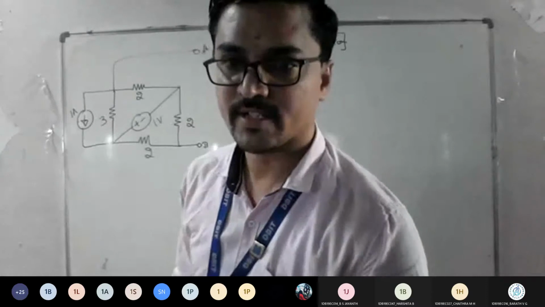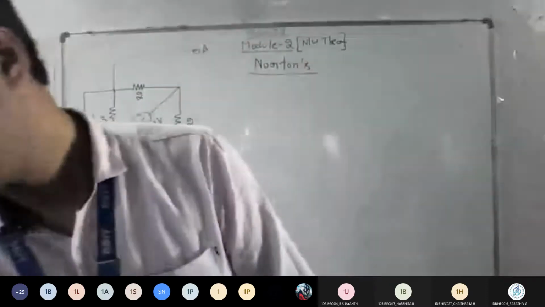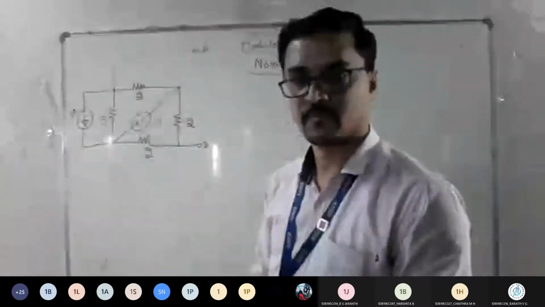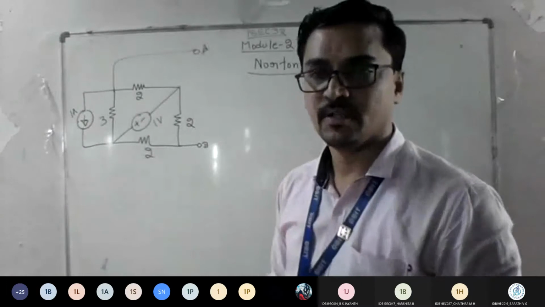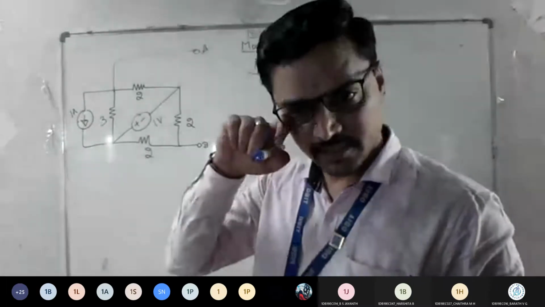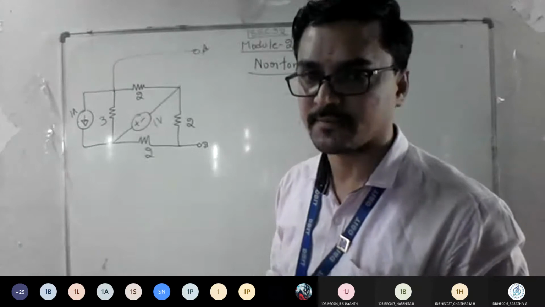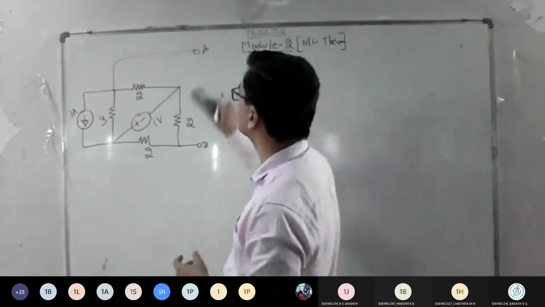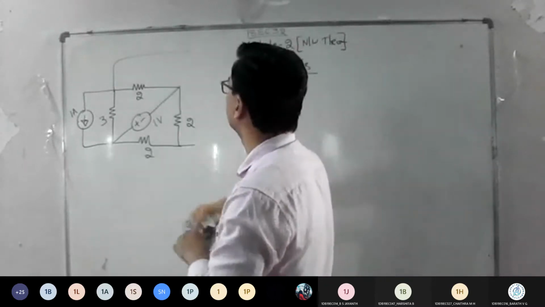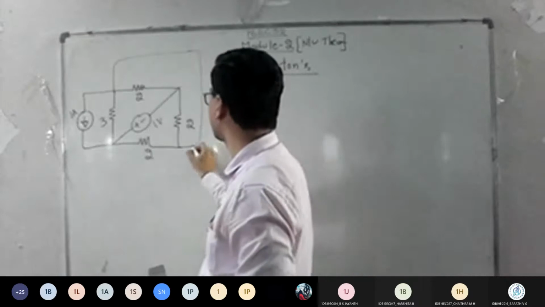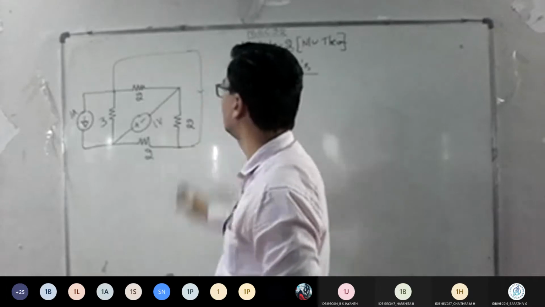So what is the first point here? What should I do? I need to short the terminals to find my Norton's current. So what are the terminals now? This is the load. I am going to connect this. So I need to find